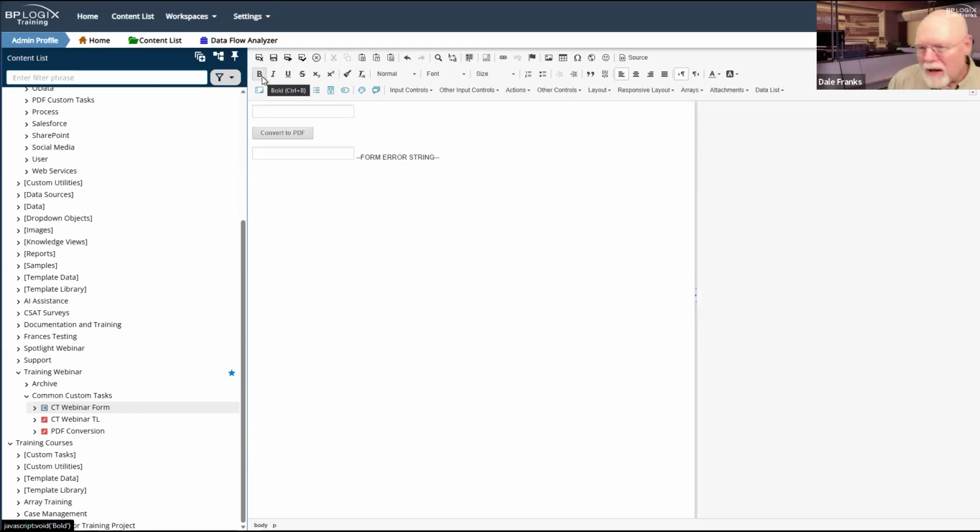So let's say that based on the value that I place in this field, it's going to affect other data on the form. Other things are going to happen on the form. I have some set form data actions that will occur here and there. I need to be able to catch an error here.